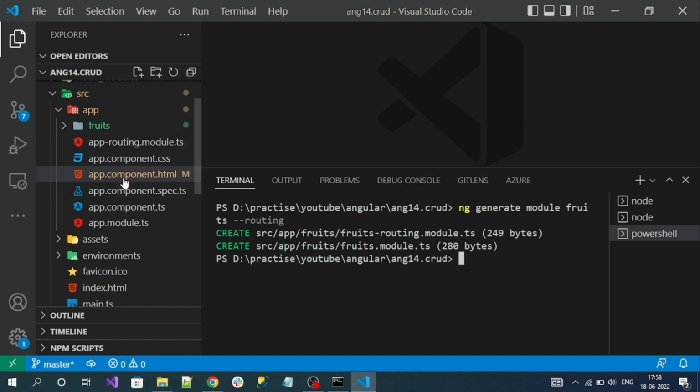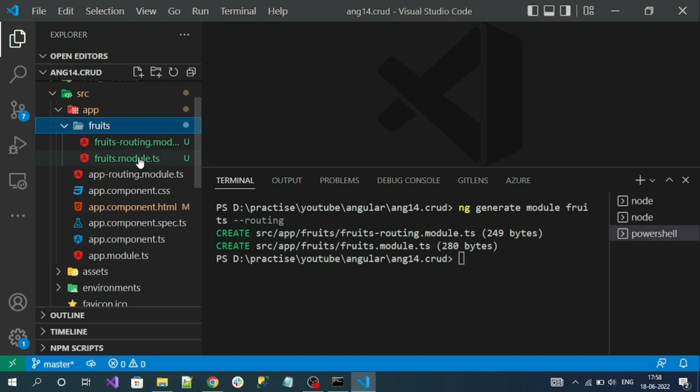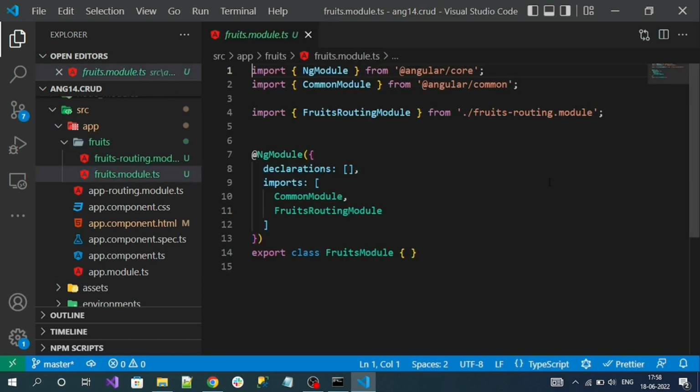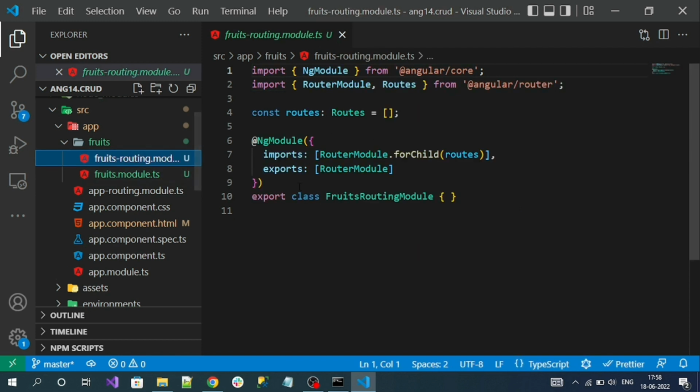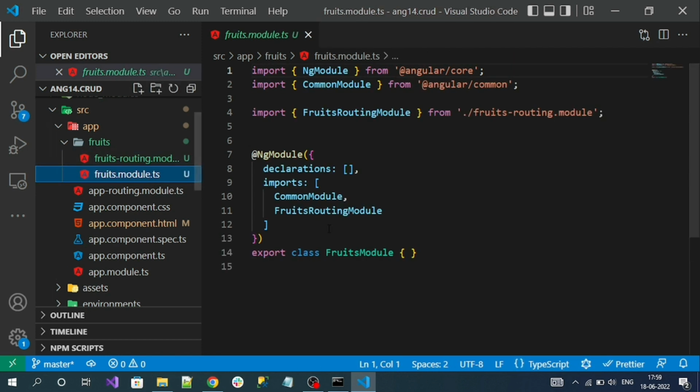And here you can see the fruits folder is created for the fruit module, and you can see the module. Okay, so this is our fruit module, and you can see the fruit routing module as well. And this module is automatically imported into the fruits routing module. Okay, and this fruits module will be automatically imported into the,